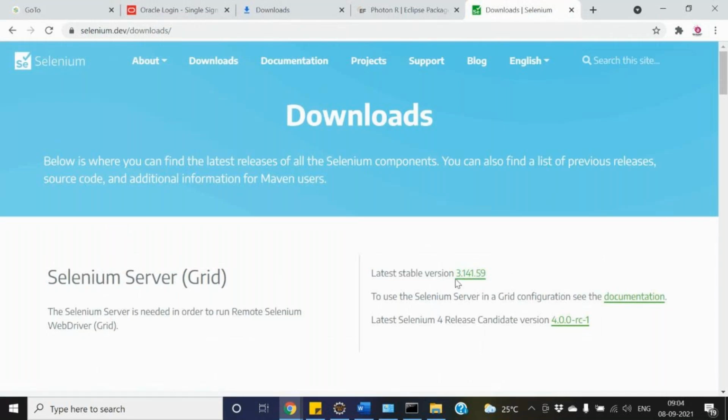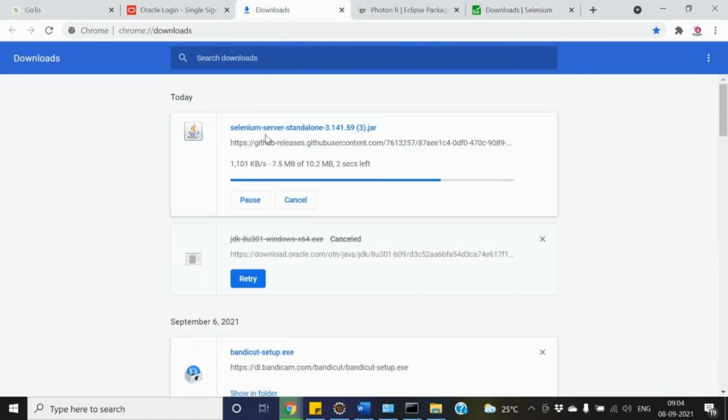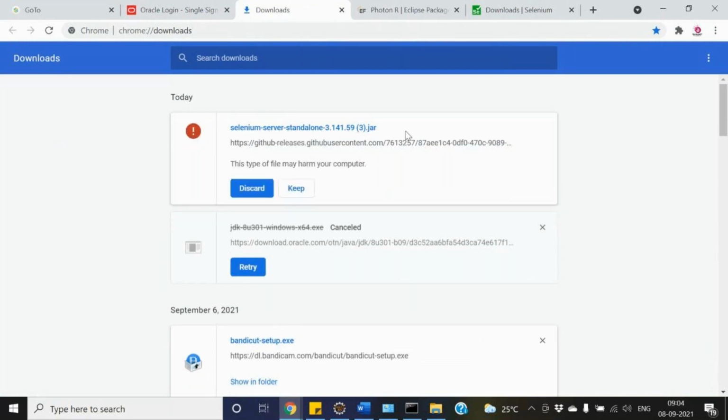If I click on this, I'll get a jar file, the Selenium server standalone jar file. This is the only thing I'll have when I want to work with Selenium. There is nothing installable; I don't need to install anything when I want to work with Selenium.